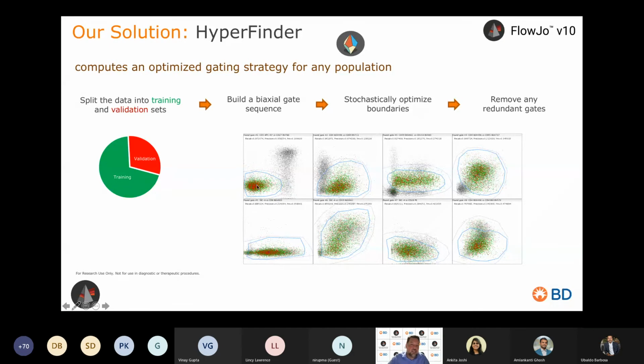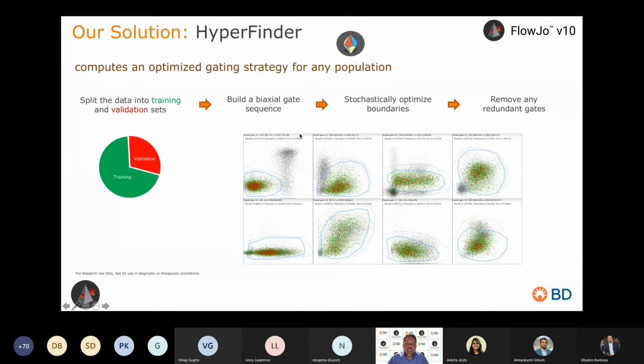And then it goes through and it checks, well, are my data in the cluster inside the gate? And it picks a sequence of gates that it will find that maximizes the overlap, which is how many events are found within the final gate compared to the training data set. And then it goes and starts moving the gates and optimizing the boundaries. So the blue is what's being shifted with each iteration. The gray is the original gate, and blue is being optimized. It's shrinking the gate and moving its position, changing the